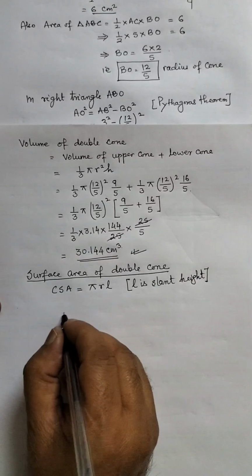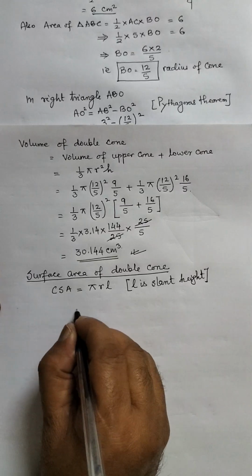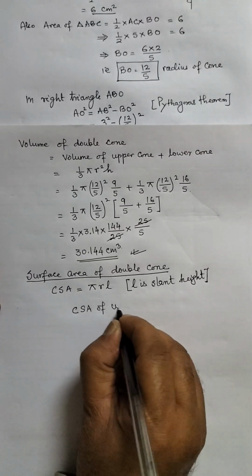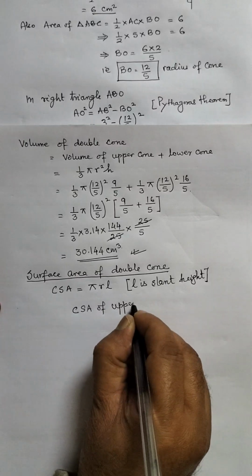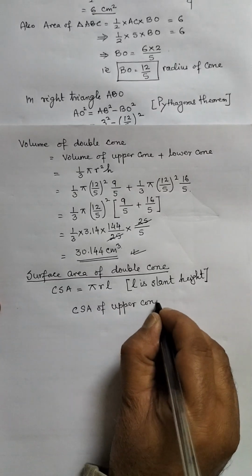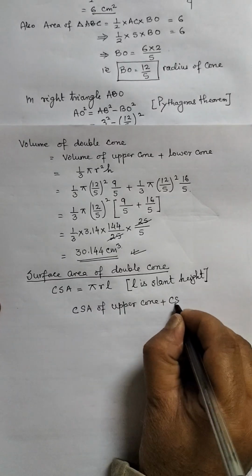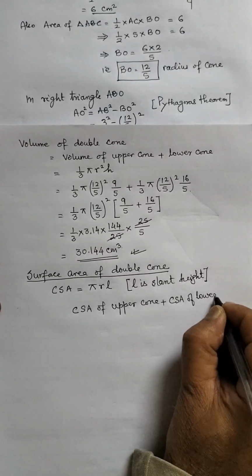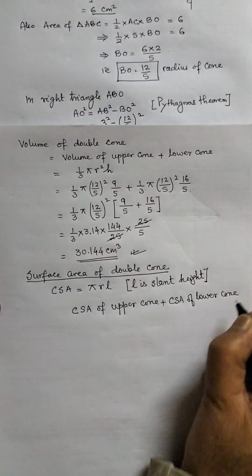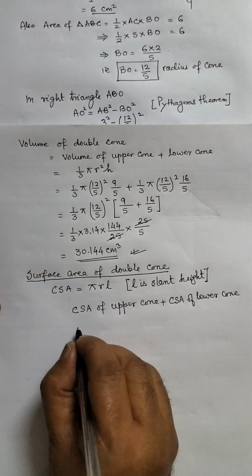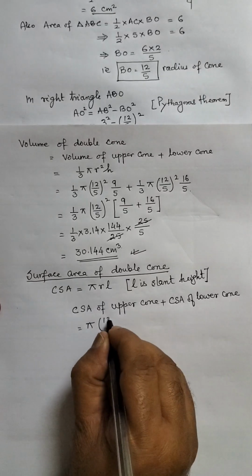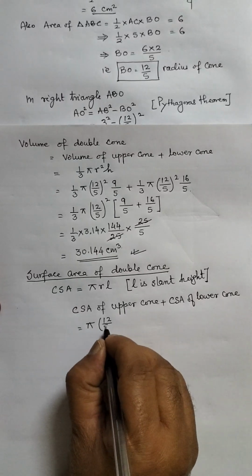Now this will be the curved surface area of the upper cone plus curved surface area of the lower cone, which is π r, that is 12/5,